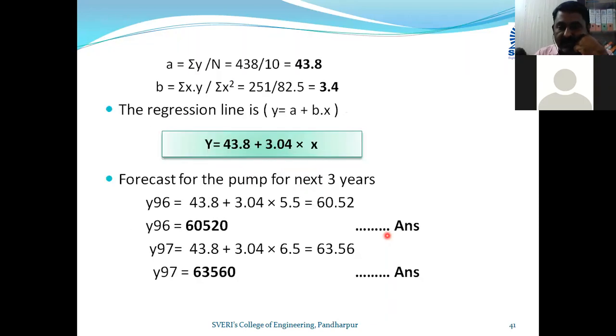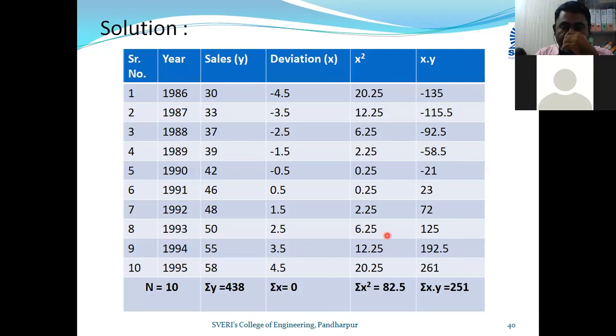Now friends, we will take the next problem. Before that I want to highlight one thing before proceeding. Whatever the year given, 1986 the sales is 30, 1987 sales is 33. So this number is not changing. This is for one complete year, the sales is given. In many cases, you will observe that some population is given and it is not constant. Here years are given, so year 1, year 2, year 3, year 4, year 5, year 6, like this, continuously moving.